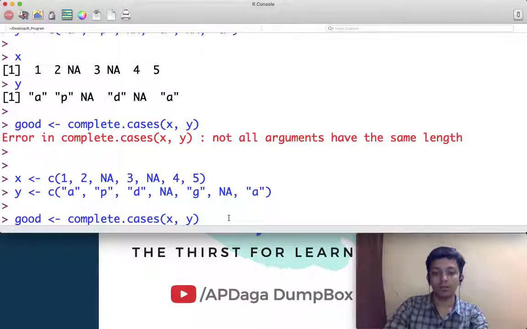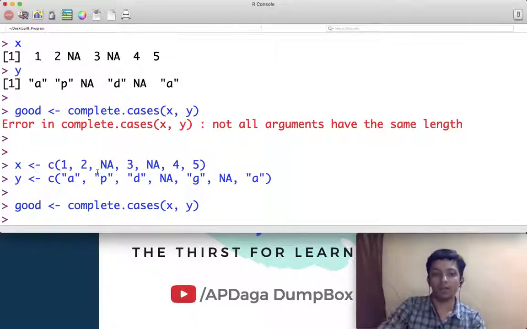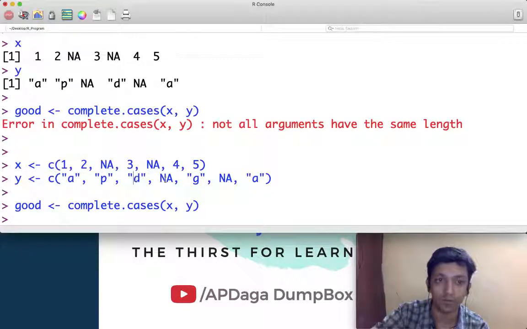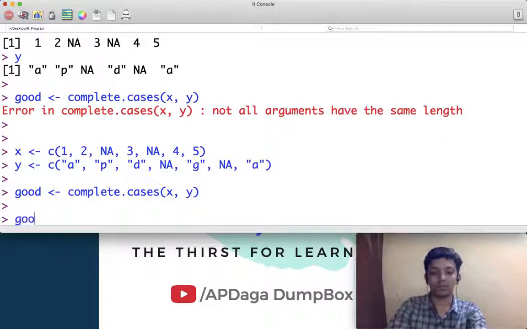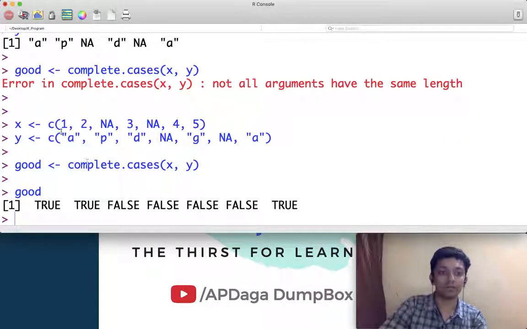So if I apply complete.cases on vectors x and y, what will it remove? It will remove the third element from x as well as from y. It will remove the fourth element from x as well as y. It will remove the fifth element as well, and the sixth element as well, because even if a single NA value is present over there, it will remove it.